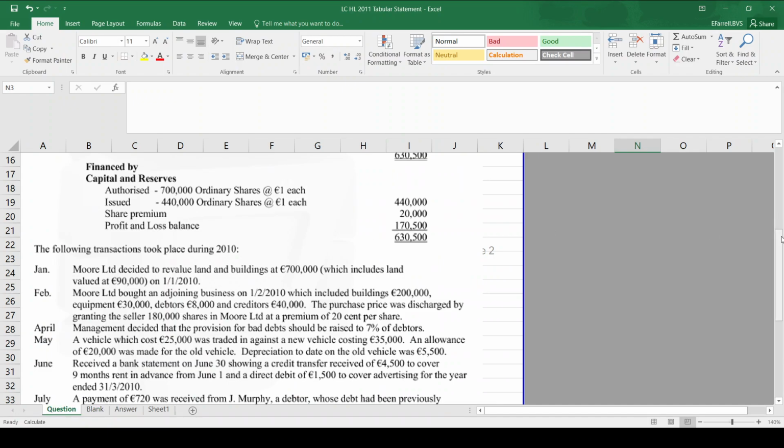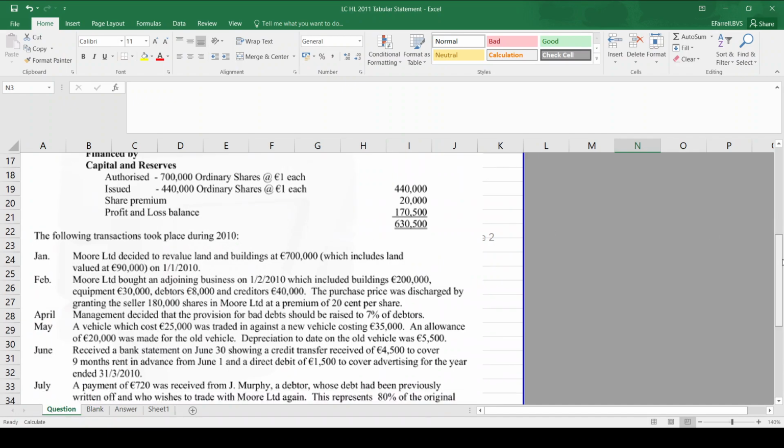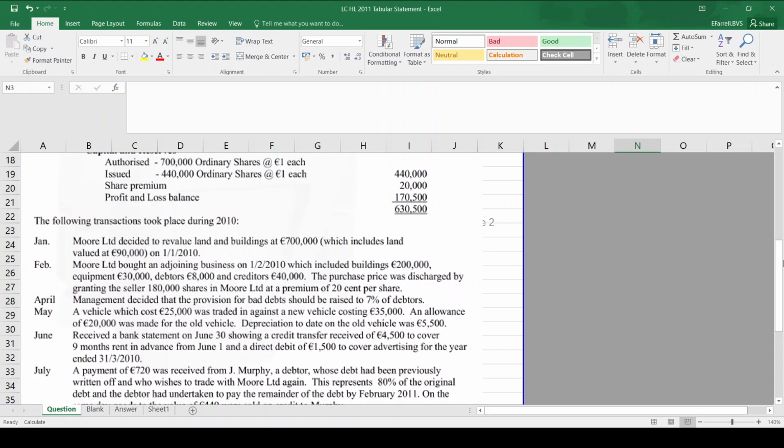Okay, so on to May now. May is the month that causes people trouble. May is okay. It's June in this question. May is a vehicle. It is a vehicle which cost 25,000 was traded in against the new vehicle costing 35,000. An allowance of 20,000 was made for the old vehicle. Depreciation to date on the old vehicle was 5,500. Okay, so again, I'm just going to do a note